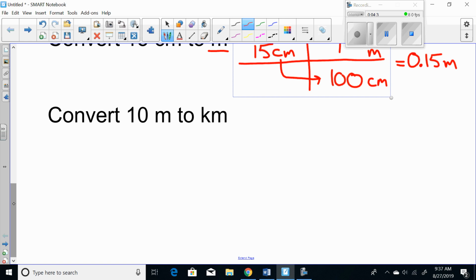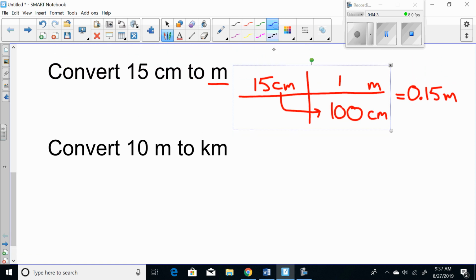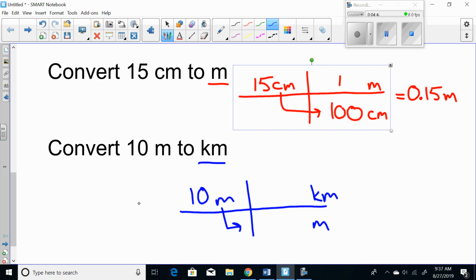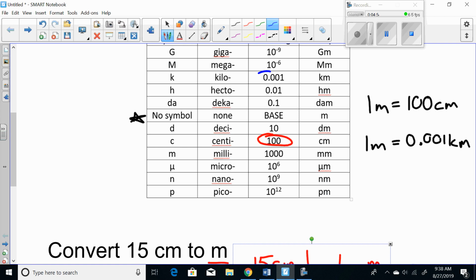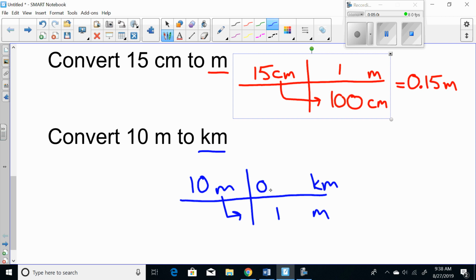We can also do the next one. The next one gives us our bracket and then our 10 meters. We'll convert that, so meters will go on the bottom. We want kilometers, so kilometers will go on top. We know meters is a base, so that gets a 1. Kilo stands for 0.001. I'm going to multiply by the top, so 10 times that divided by 1 meter gives me 0.01